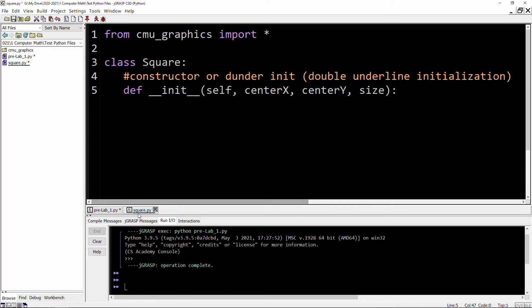I know that there were some questions like, why are we having two separate files here? And I probably should have said that before. You can combine these into one. The reason why I typically like to separate them, and other programmers too depending on the context, is that if you make a separate module for the square, you can now say, maybe in lab 2, you want to use the square again. If you put the square class in the Prelab 1 module, it's doable. You can still import the square class, but it's nice to have these separated so that you can actually use this module later on.